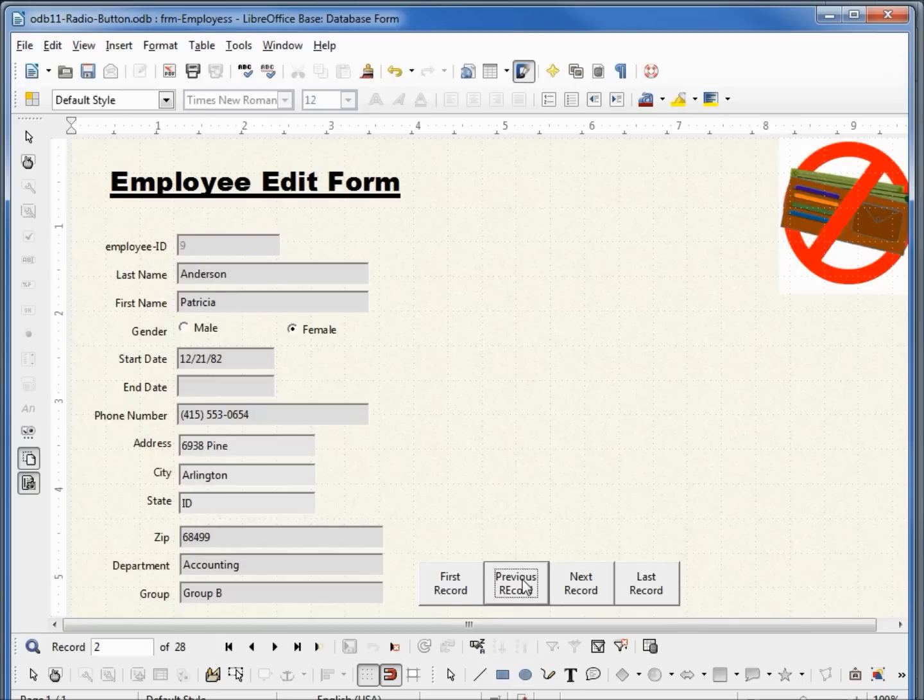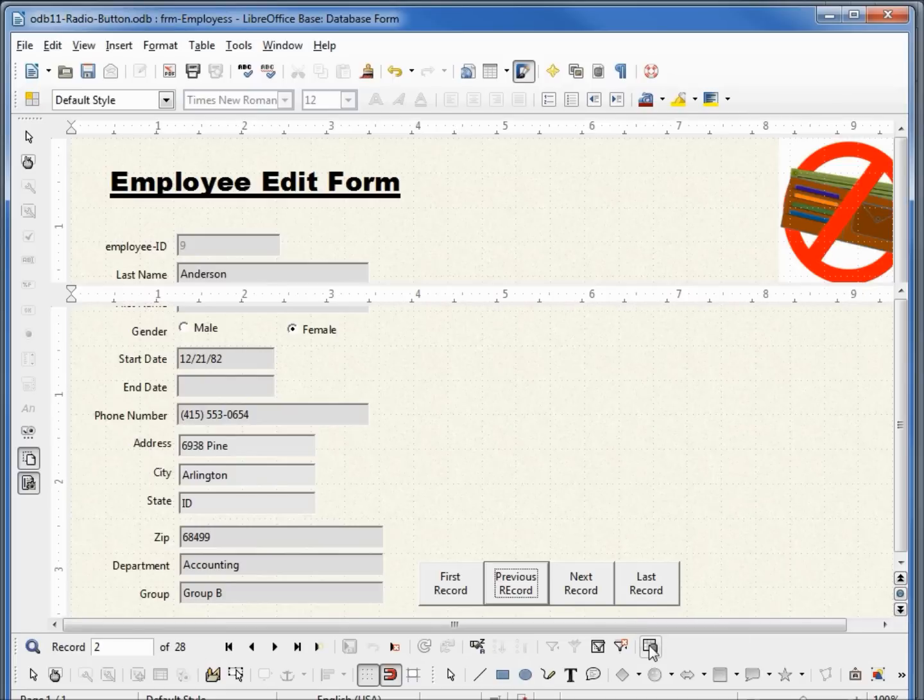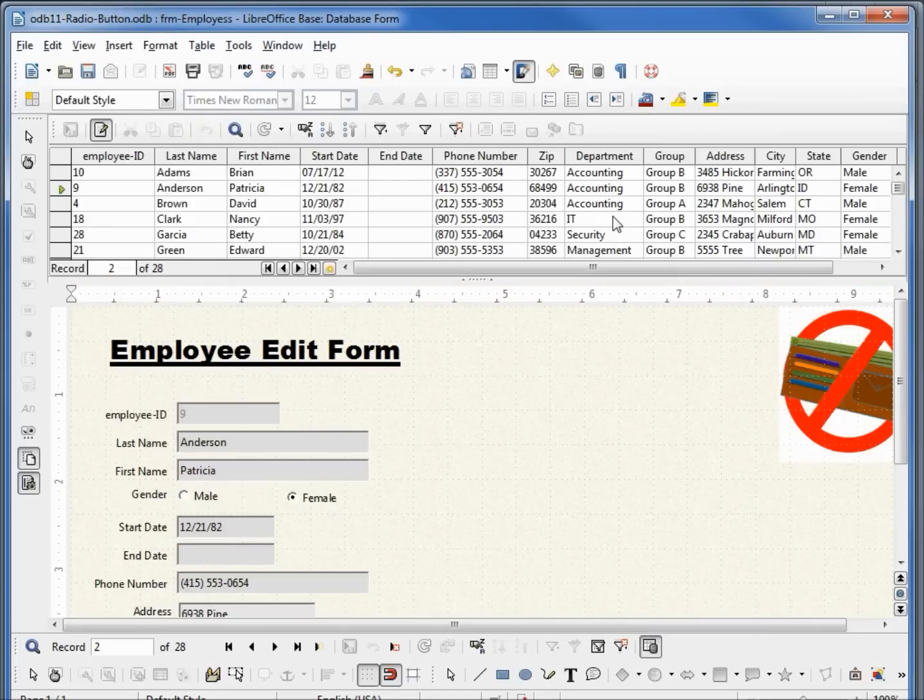On our navigation bar, we have this thing called Data Source as Table. If I click that, up at the top, it shows us our data source. This is another way we can check the data and see if it's updated properly. We're at Patricia Anderson. We see her right here.